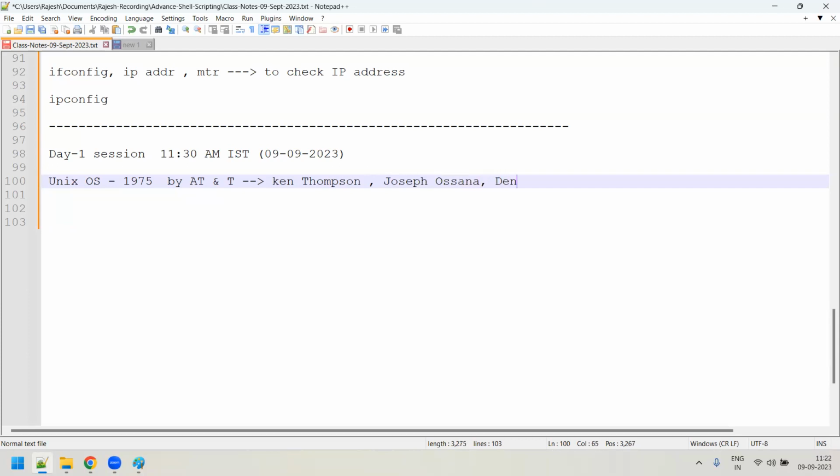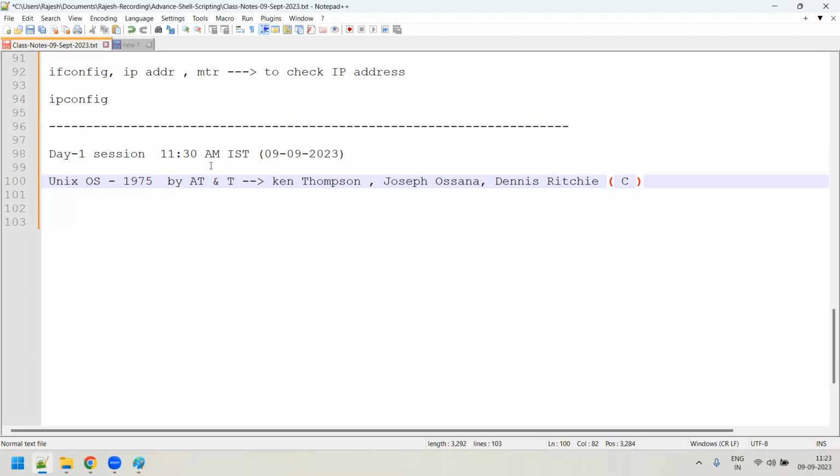You have heard the name Dennis Ritchie, the father of our C language. The C language was designed by Dennis Ritchie. Ken Thompson is the actual brain behind developing the Unix operating system, but many other people joined him, and they came up with it.